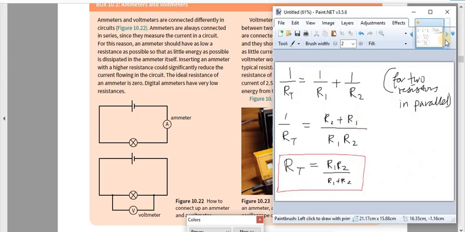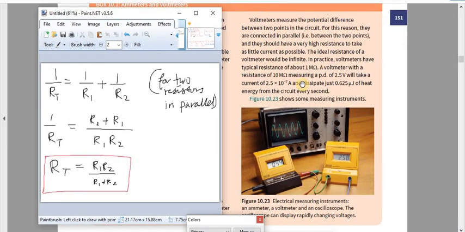Okay, so if you want, you can also write it here. If you use V equals IR for the voltmeter, because the voltmeter has a very high resistance, it takes a very small current. So V equals IR, then I equals V over R. What you have to do is substitute 2.5 for V and 10 million for R, and then what